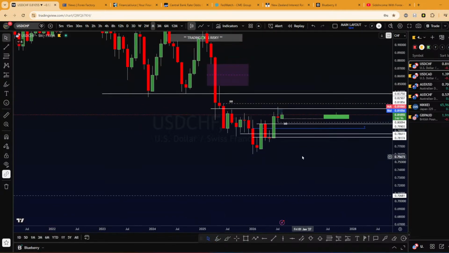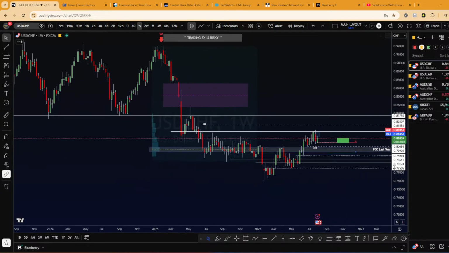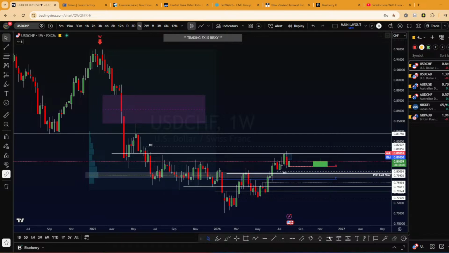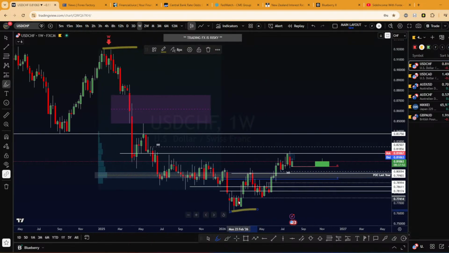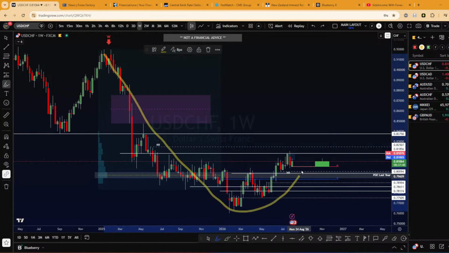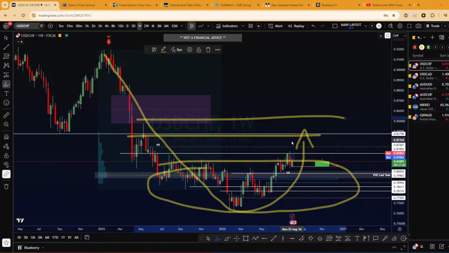On the weekly time frame, I still want to see the long term. This is the weekly time frame. I'm bearish from this high to this low. I want to see some retracement because I still think we are oversold. So I want to see at least a retracement around the premium zone somewhere here. So long term, I want to be bullish